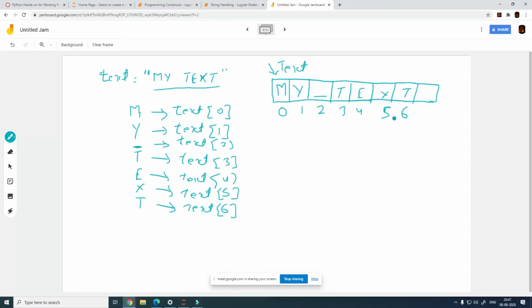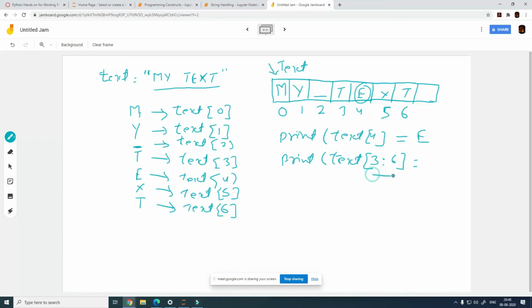And since this text is stored this way, we can actually slice and dice across this. Now what does slicing mean? I can individually print the value of text 4, which would mean it is going to print e, or what we can also do is print the value of text 3 to 6.